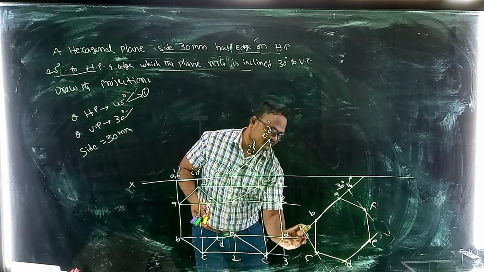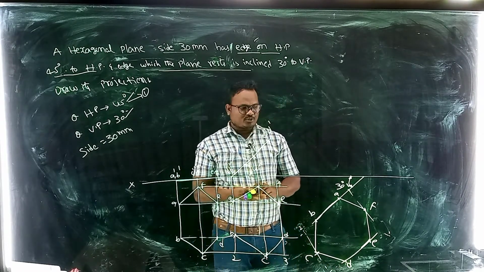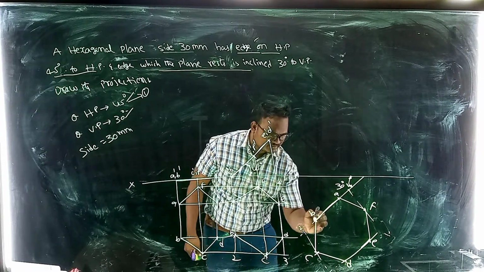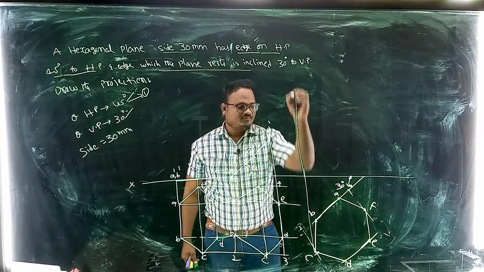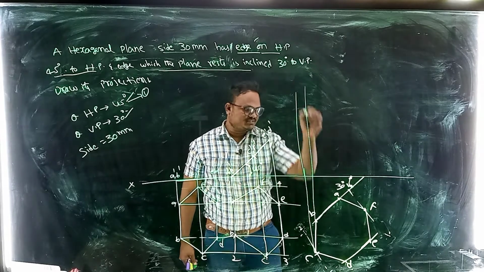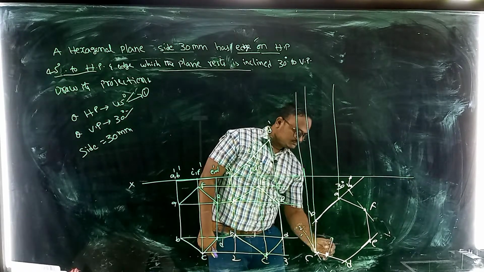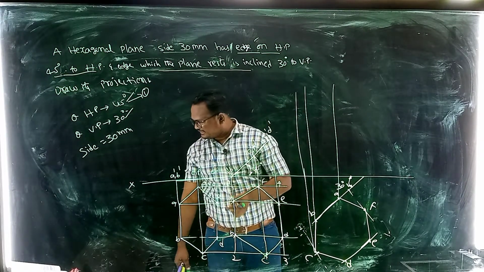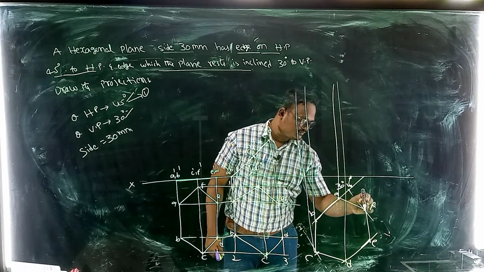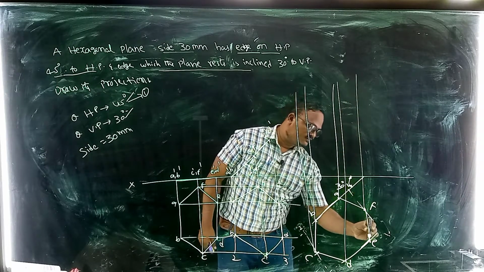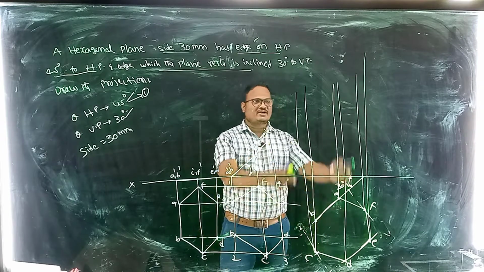So after getting this diagram, simply erase this rectangle box. Okay, so like this way. And then project upwards whatever hexagon we got. This is the C vertical, this is the B vertical, this is the A vertical, and this is the D vertical, F vertical, E vertical. Okay, so if you draw as per the dimensions, you will get the exact shape.